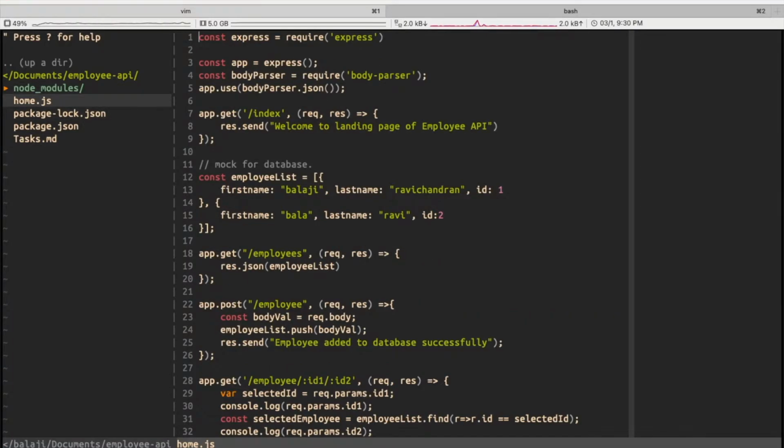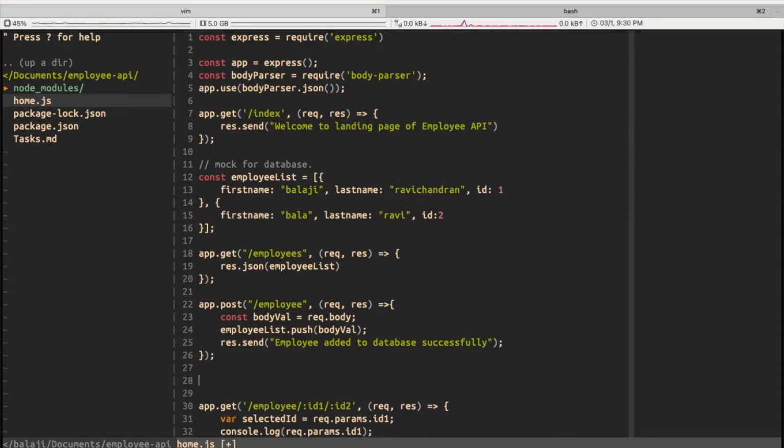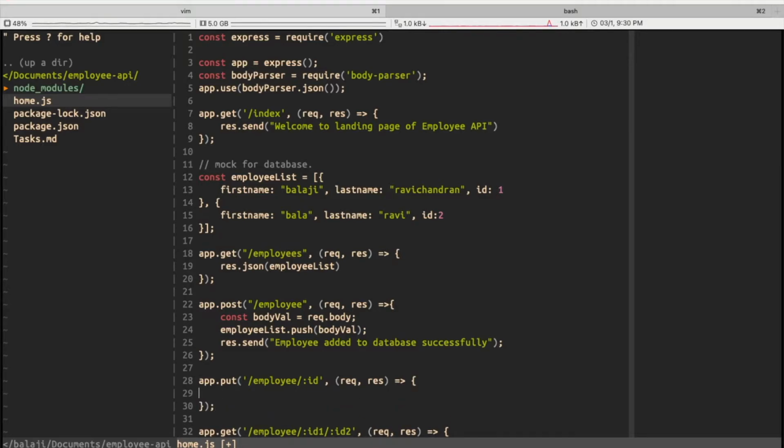Let's go to our home.js file. Let's create app dot, similar to get and post, we have app.put. So this is basically like a combination of both get and post, where you can actually pass parameters like /id, and also you can pass the object in the method body. Okay, so that's the whole idea of the put method, where you can pass the id here,